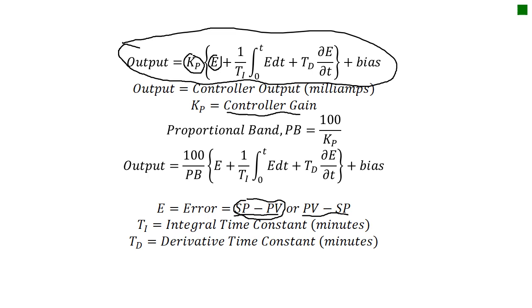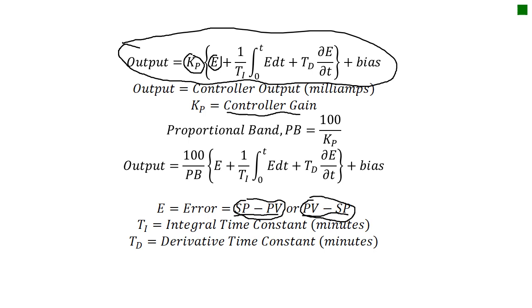This way, if the present value is too low, below the set point, the error will be positive and my valve would open. If we were actually doing a cooling loop where my temperature is too high, I want to increase the valve, or if my temperature is too low, I want to decrease the valve, I would actually choose the second term